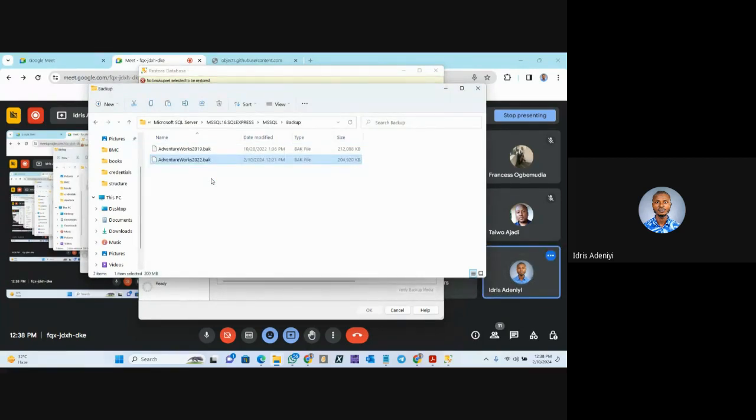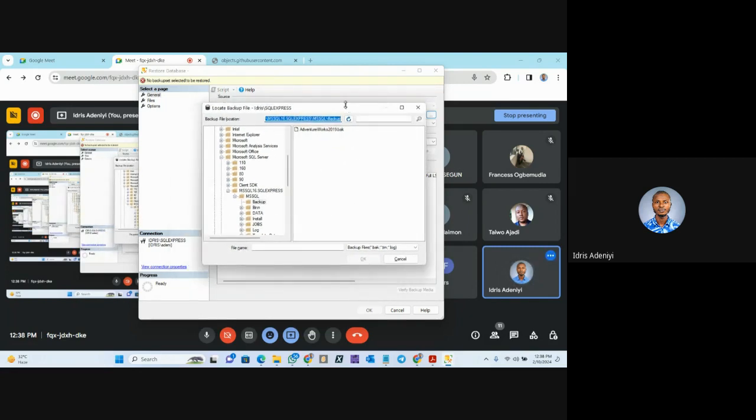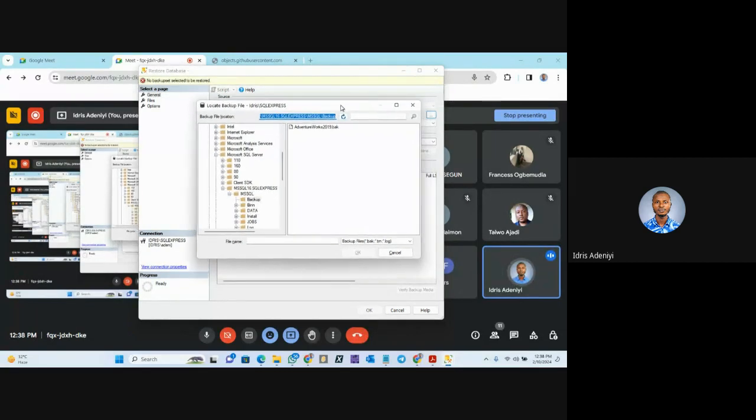Okay. Now that I have pasted it on the File Explorer, I will go back to where I left off on Microsoft SQL Server, where we copied that path. You remember? So there's a button beside. There's an arrow button. It's called refresh. If you put your mouse pointer on that button, it's called refresh. So I'll click on that button to refresh